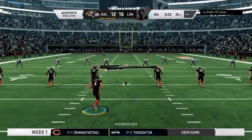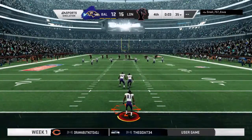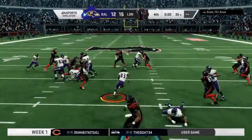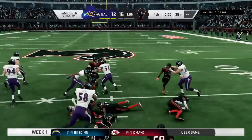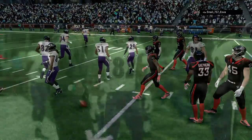So here's the kickoff now as they'll get it again following that fumble return for a score. This will be taken in at the 1. So plenty of